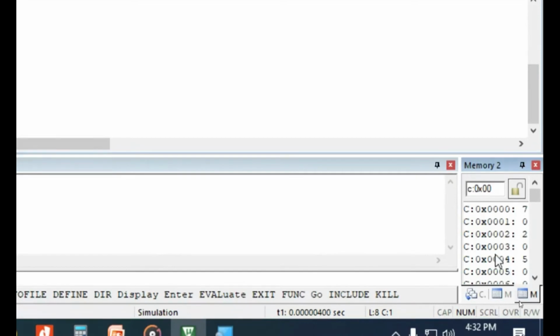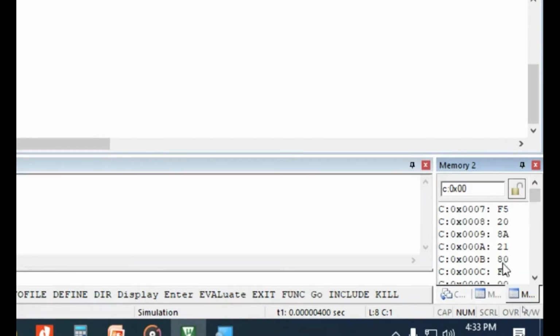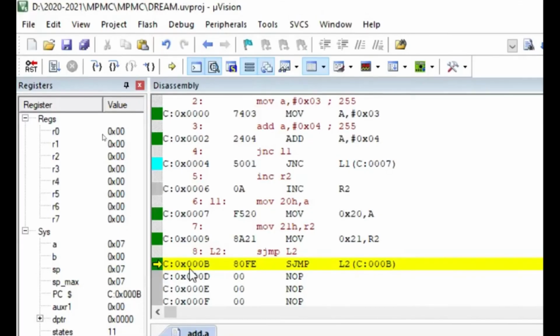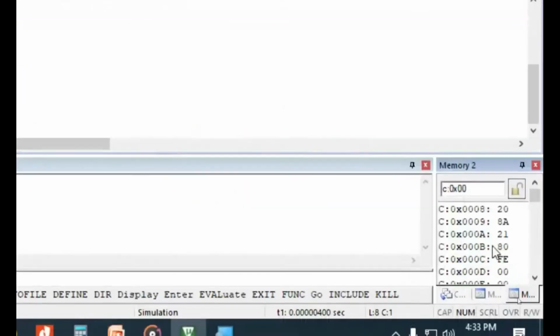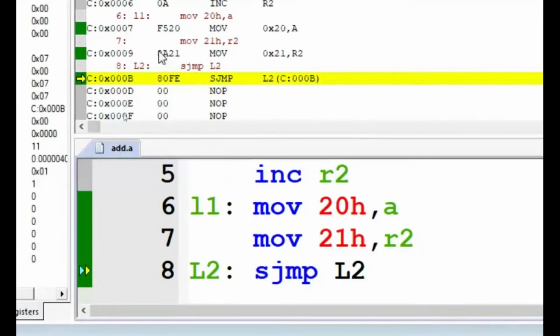Now I have reduced the window size. 00B contains 80, 00C contains FE. That is what you are able to see here, in code memory C colon. Fantastic, right? Up to that level, we are able to monitor and troubleshoot.